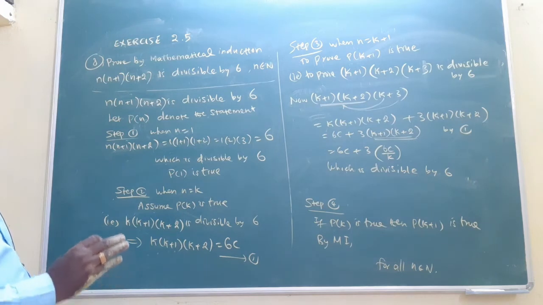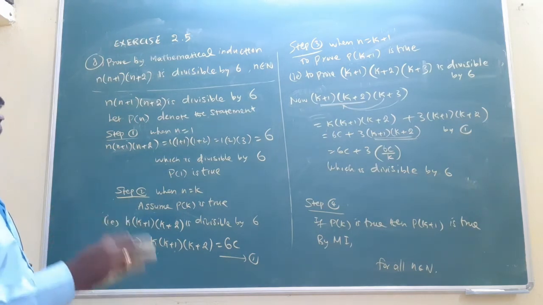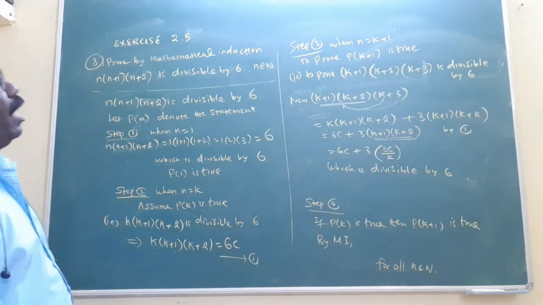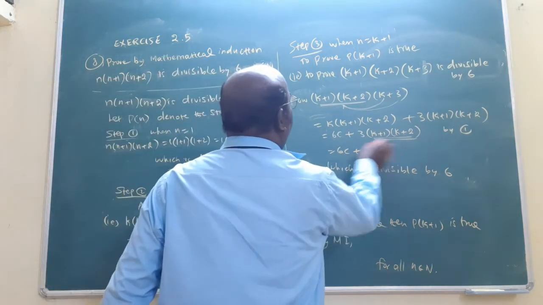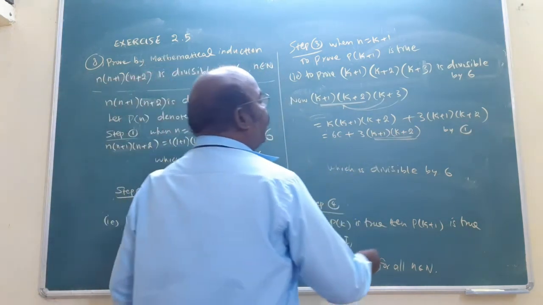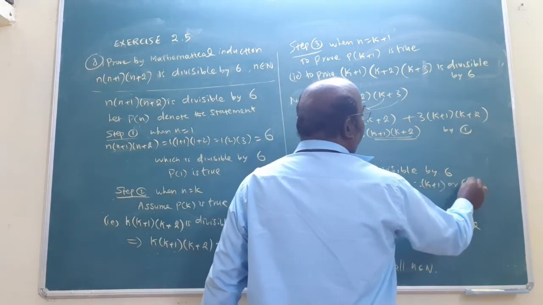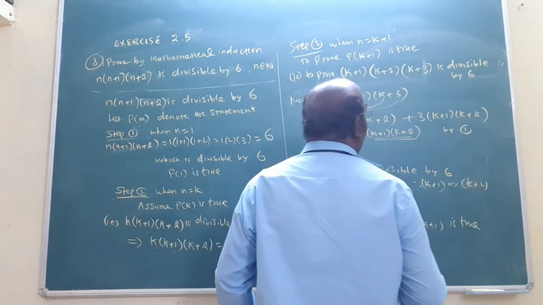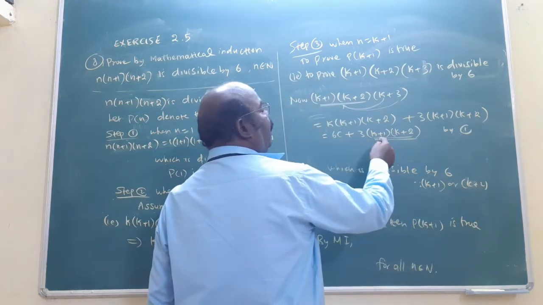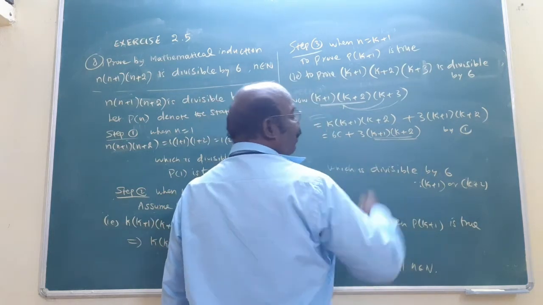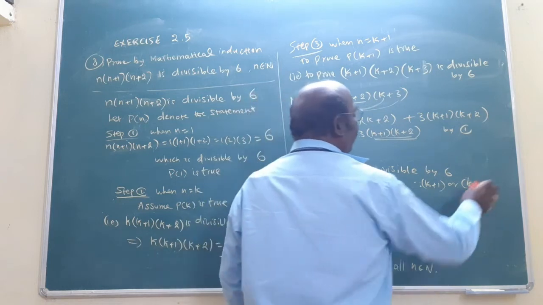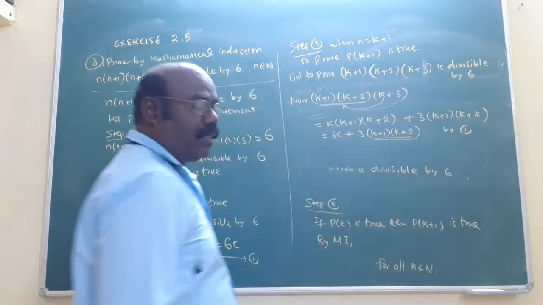Anyway, we will get a multiple of 6, which means automatically divisible by 6. Anyway, tag the right answer. That is not a matter. Tag the right answer. Give the reason: since k plus 1 or k plus 2 is an even number, then only multiplying by 3, we get a multiple of 6. Tag the right answer. That's all.